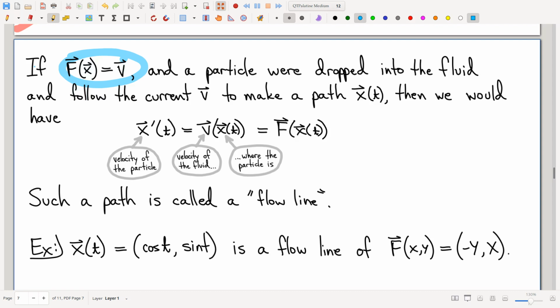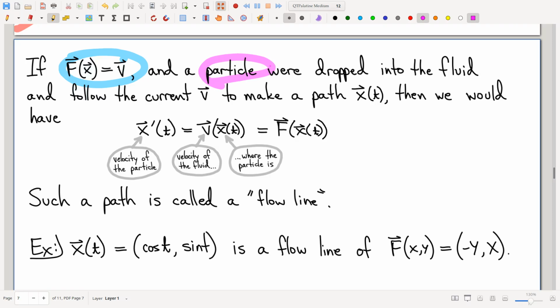If somebody drops a pool floaty into the pool, and imagine that it's perfectly buoyant, it's got exactly the same density as the water, so it's not like it drops to the bottom or floats to the top. It's just perfectly buoyant. It's going to go wherever the current takes it. That make sense? It's not like the pool floaty is going to have a mind of its own and say, look, the water's going this way, but I'm going to go that way. It just can't. Okay, so the question is,